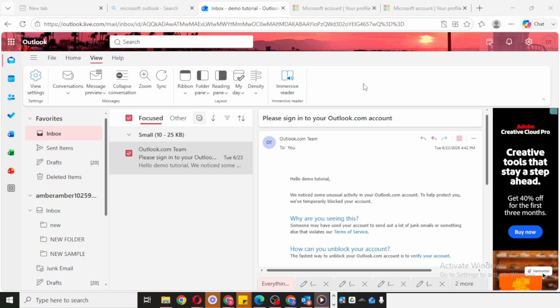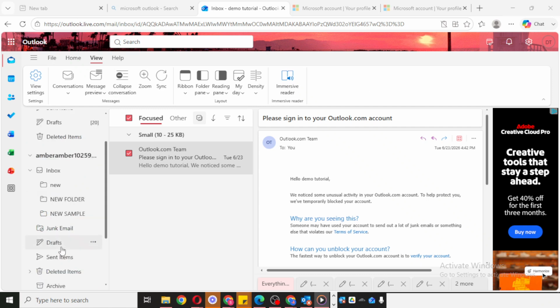To begin, open Outlook and make sure you're in the main email view. Once Outlook is open, click on Mail so you're looking at your inbox and folder list. This is important because the deleted folder will usually be found within your mail folders, not in another section of Outlook. Now look over to the folder pane on the left-hand side and find Deleted Items. Go ahead and expand that section so you can see what's inside.